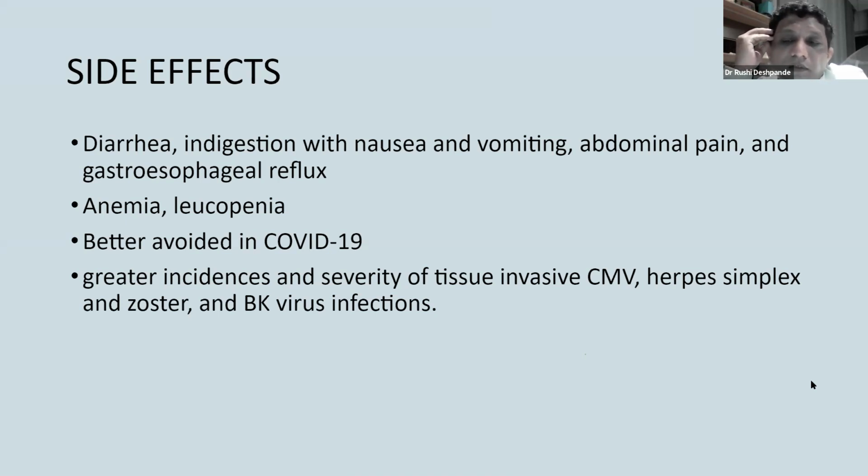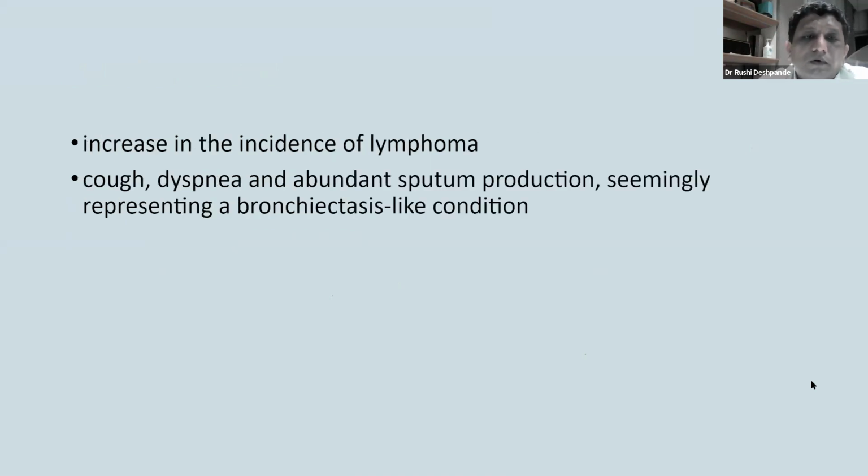And in transplant, when we say viral infections, there are 3 common and important viruses. It is the CMV or the cytomegalovirus. It is the HSV or the herpes simplex and zoster virus, which causes shingles in our patients, and BK virus. That is the nephrotoxicity because of the BK virus. So these are the important things to look for.